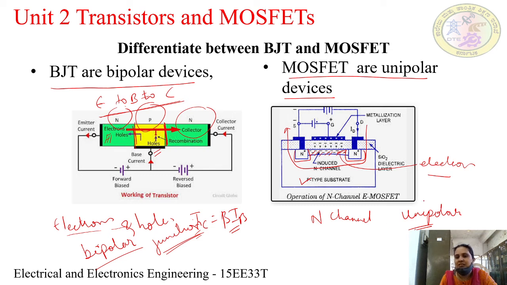In the N channel, electrons are the charge carriers helping for the flow of current. If you look at the P channel type of MOSFET, of course we have not studied the P type, but let us try to understand what the difference may be. It is exactly opposite of the N type. In the N channel, electrons help for the flow of current; in the P channel, holes will help for the flow of the current. Therefore, the MOSFETs are unipolar devices.